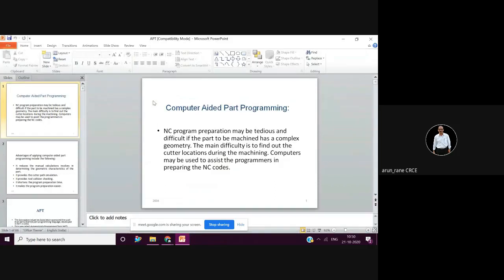Whenever you make a drawing or whenever you make a model in a software, once you complete a model or once you complete a drawing, then this APT file is generated automatically by default in any CAD CAM software. Like, you talk about SolidWorks or NX or ProE. The moment the model is completed, I am talking about CAD CAM software.